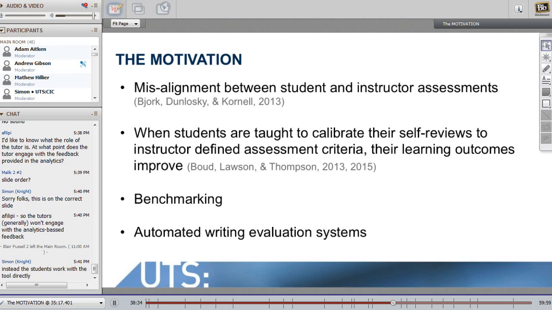So down to the fourth bullet point on that slide that's headed up the motivation, we come to automated writing evaluation systems. So this